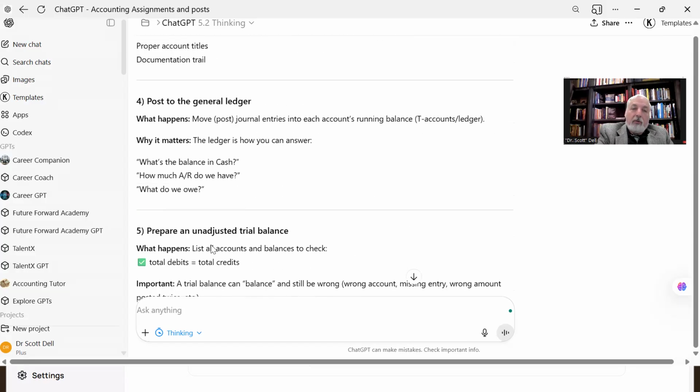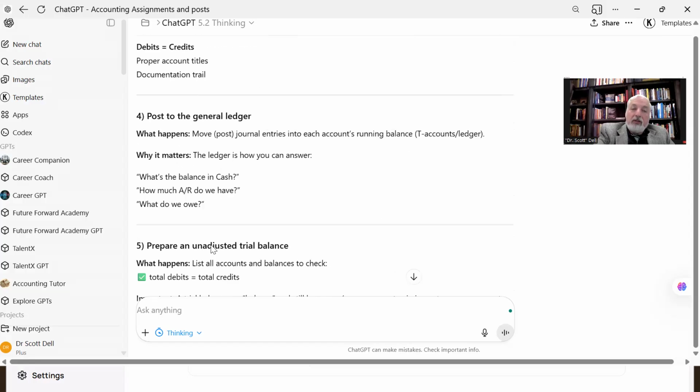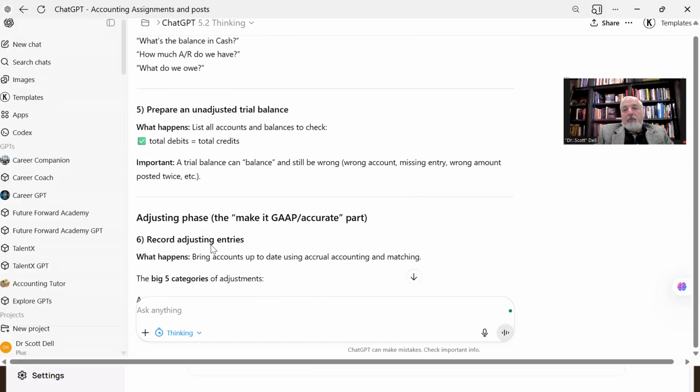And it's called an unadjusted trial balance because it doesn't have the month-end, quarter-end, or year-end adjustments for depreciation, things we haven't been billed for, or interest expense on a note. Or we have some revenue that might have been unearned revenue, and we make it earned revenue. We have some prepaid insurance as an asset that we need to move into insurance expense on the income statement. We'll talk more about adjusting journal entries in another video, but we're always adjusting one balance sheet account and one income statement account in those adjusting entries.